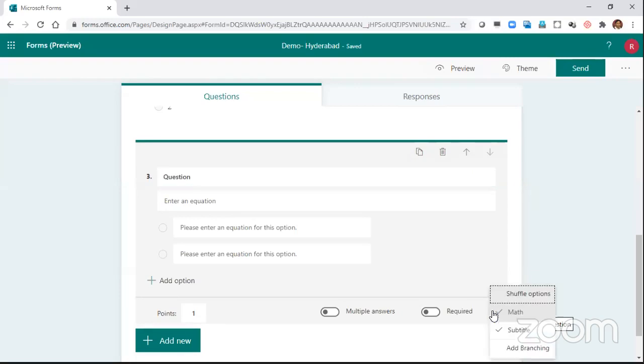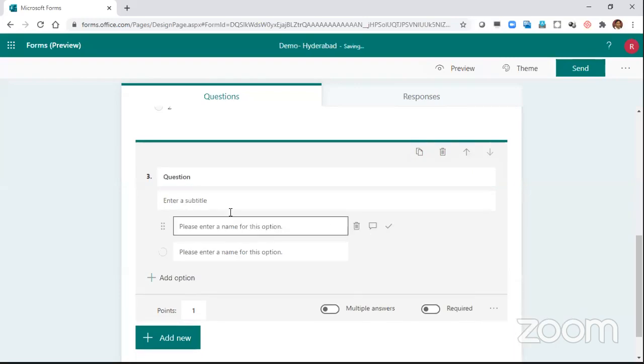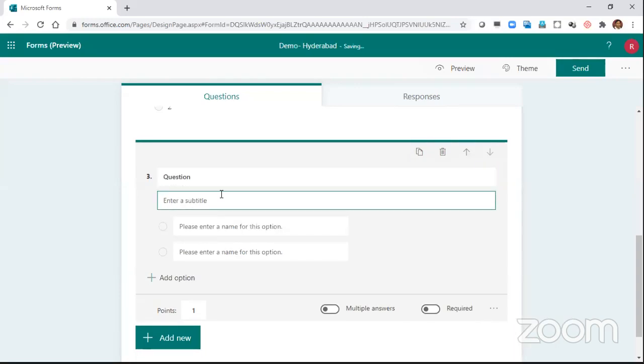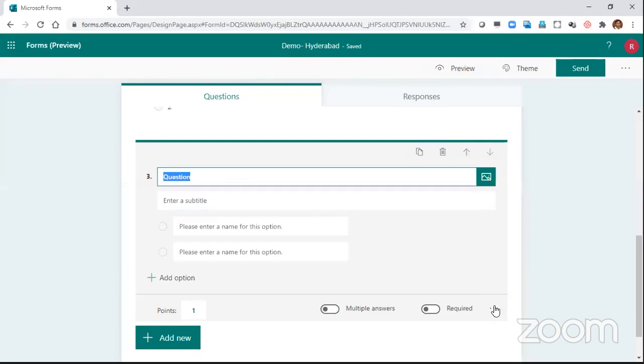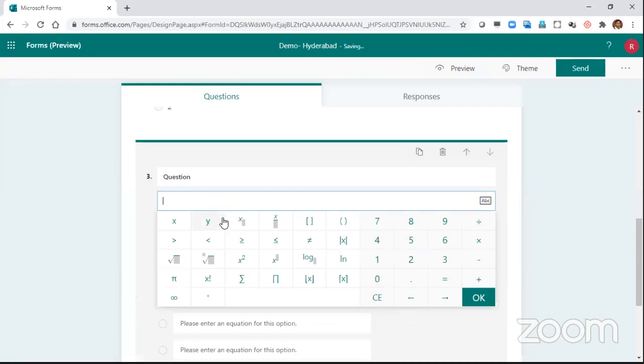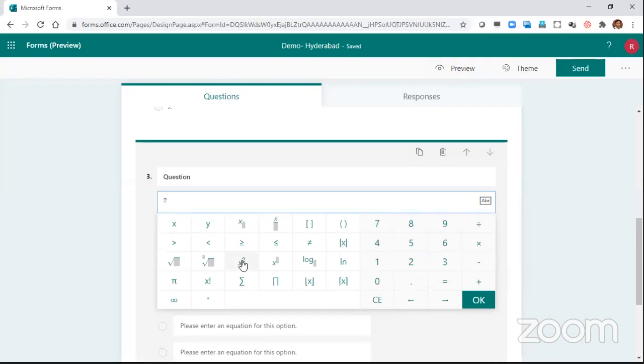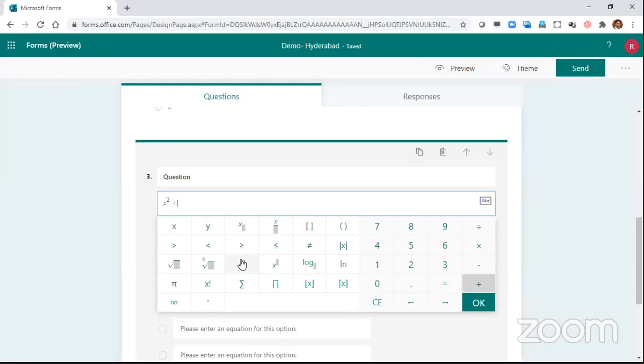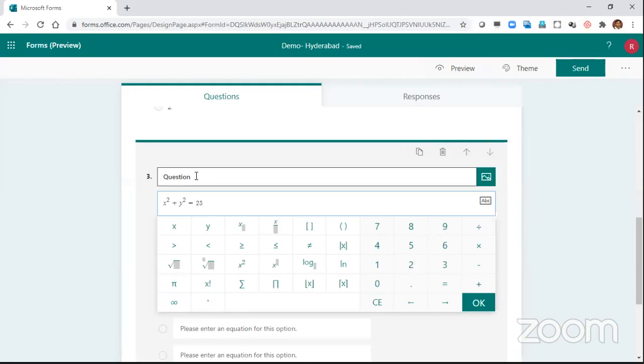Here once again I show you, click on this math, and then start entering the equations. Click on math, enter equation. So let me put x square. So x square plus y square is equal to 25, something.